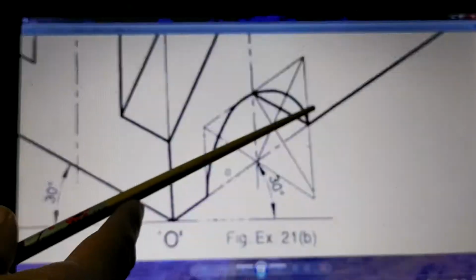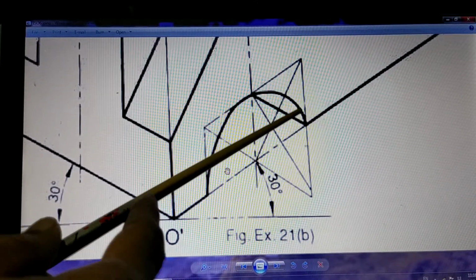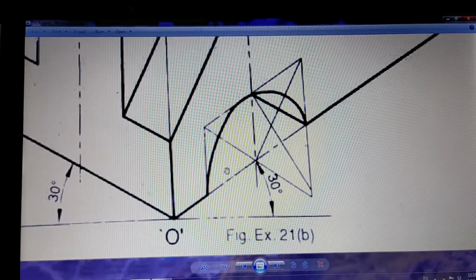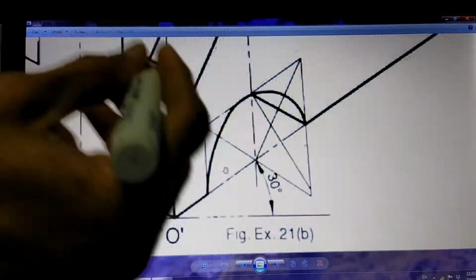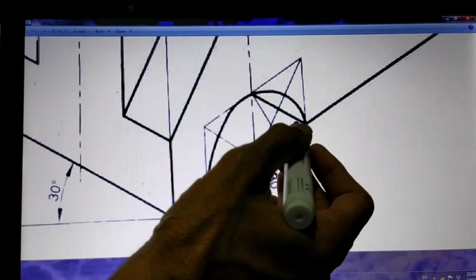So now what we do is we are starting from this point and ending here, and we are going to draw this arc. Then the second arc is going to start from here and end here. So we know only the ends of the arc, and what we have just now learned is if you know the ends of the arcs, then from the ends you have to draw the actual perpendiculars.